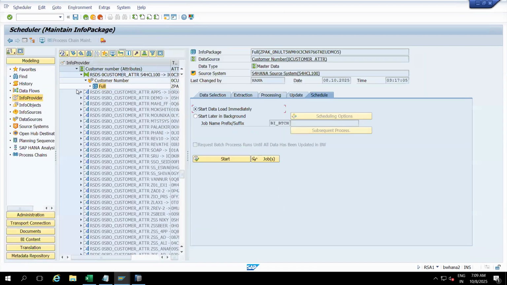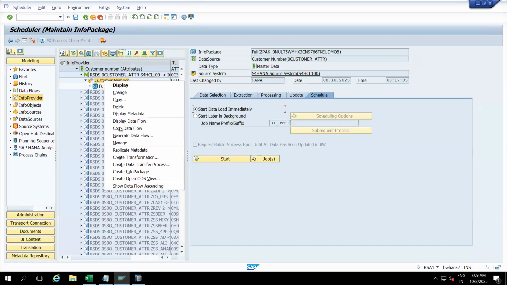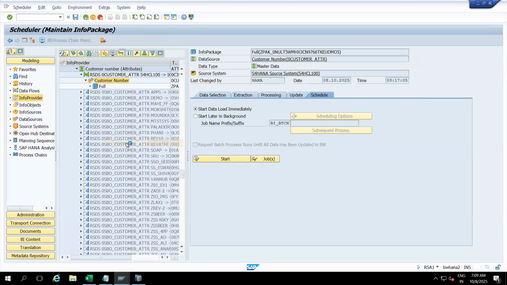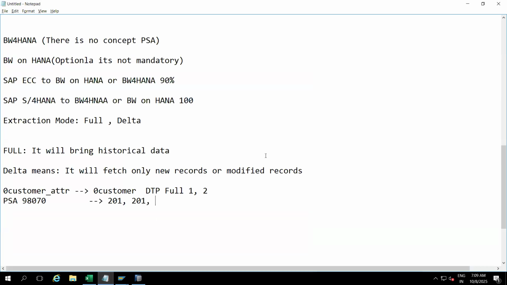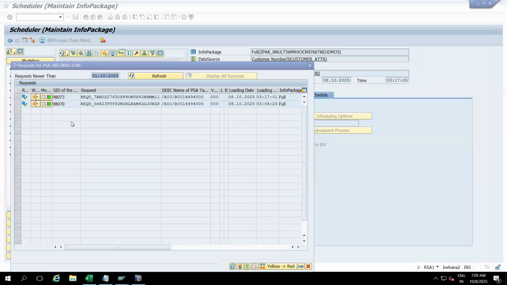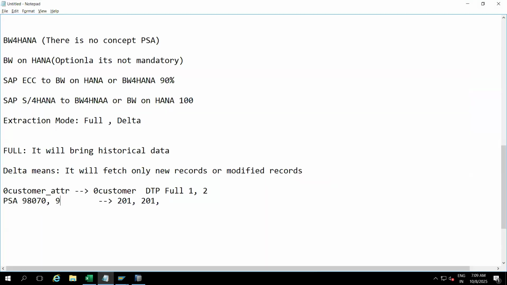And where can we see these two requests? Right click on the data source and go to manage. Now I can see this. When I execute DTP full, what will happen? It will bring both data. How many requests? Here you can see this first request, and now you can see 98073. When I execute the DTP with full, it will bring two requests' data,